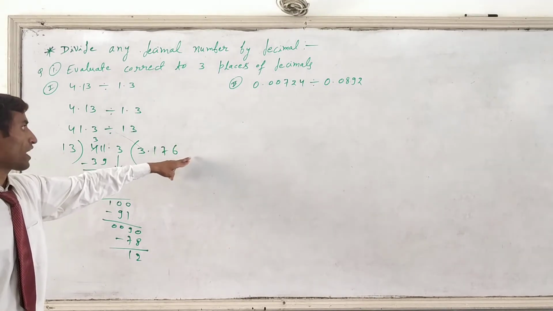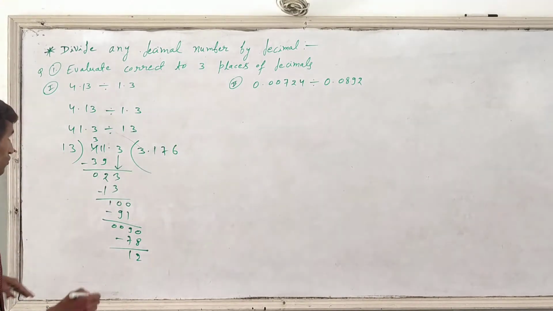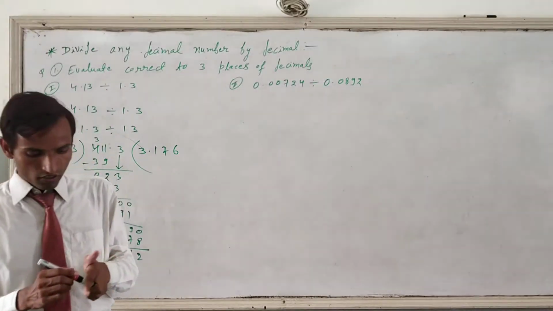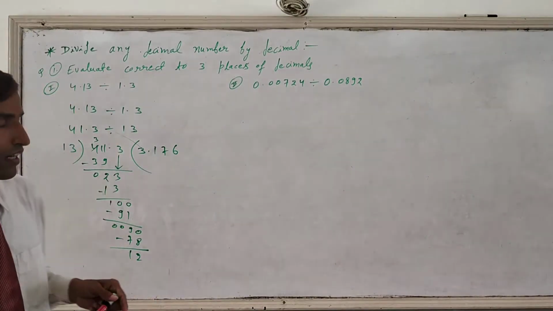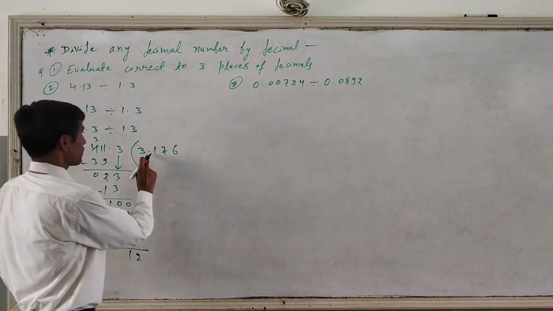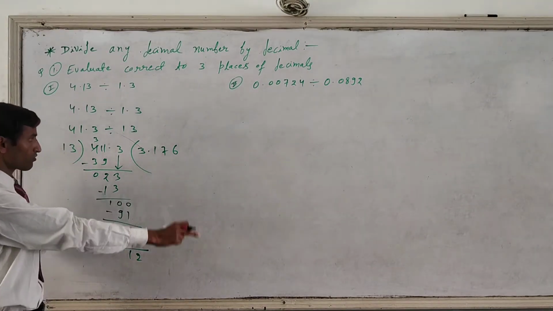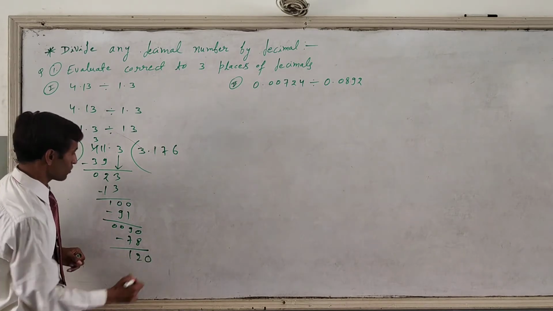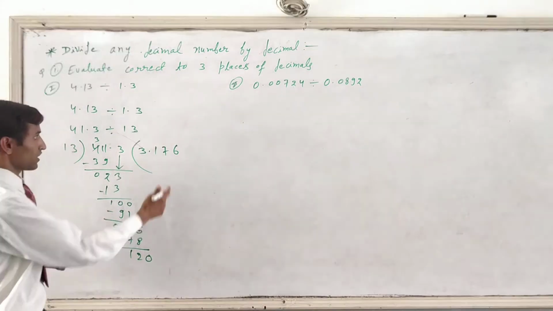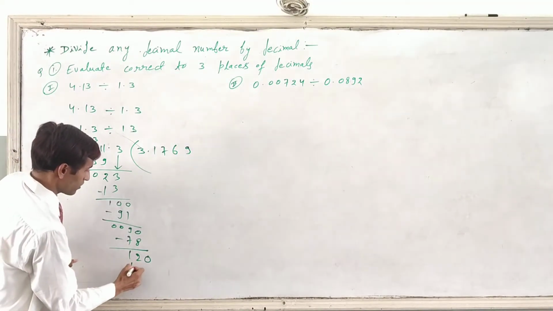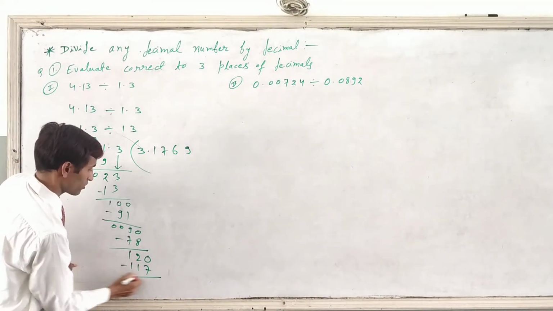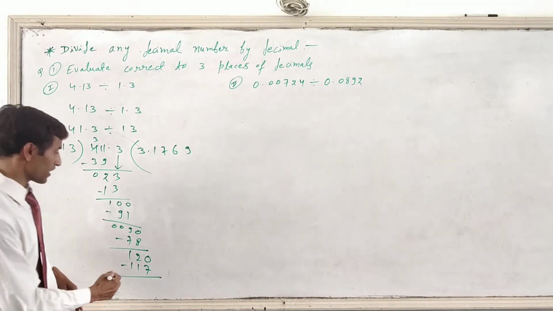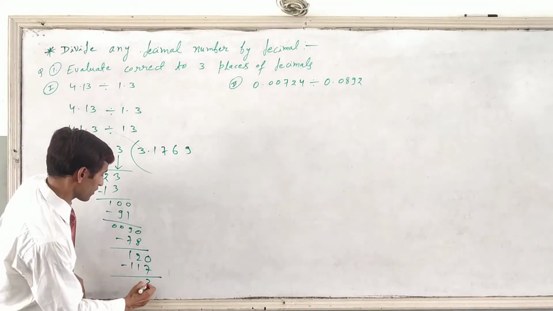Then we have to round off one decimal place. So always you have to follow one more decimal place; you have to divide up to one extra point. Here we have 3 decimal places. Now we have to divide to 4 decimal places, so we can put one more 0. 13 times 9 is 117. Again we subtract: 120 minus 117. So 3 will come as the remainder.